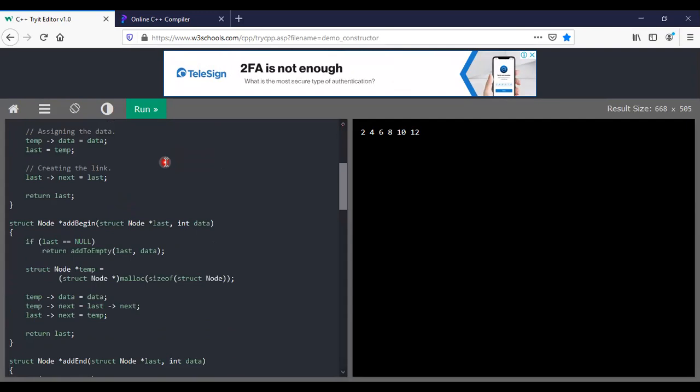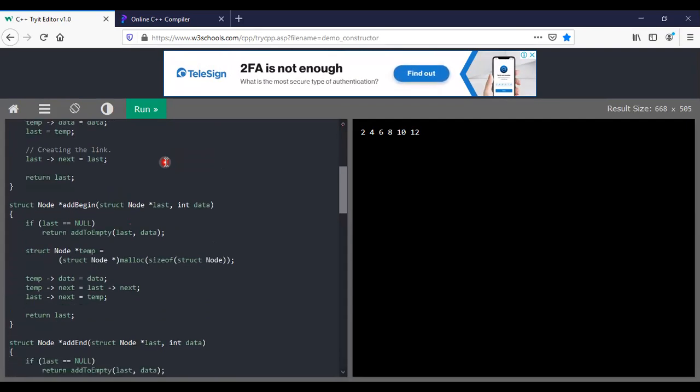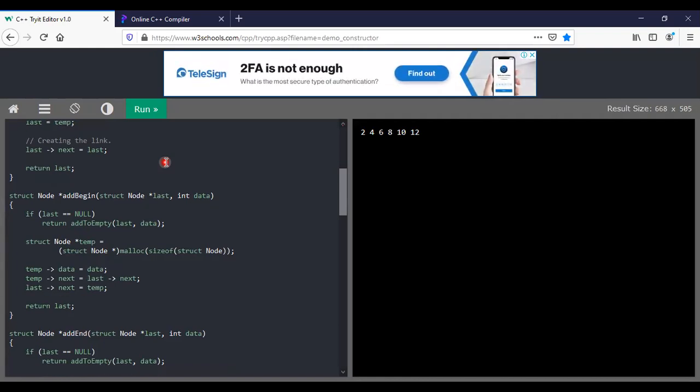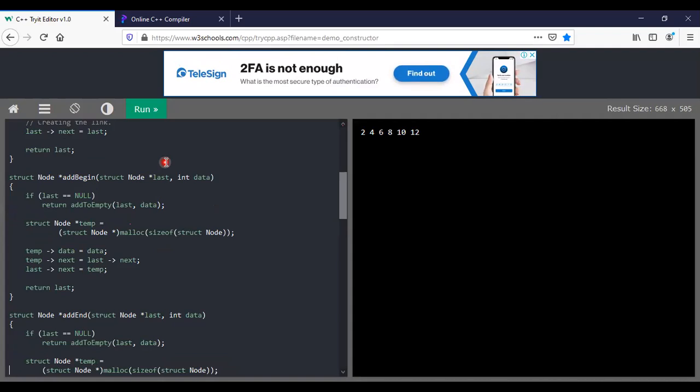If you are going for add begin, meaning at the beginning of the node, what you have to do is take a temporary variable, which is pointing to the data you are inserting, and the next will be the last's next. Likewise, whatever we have specified here has been inserted here.